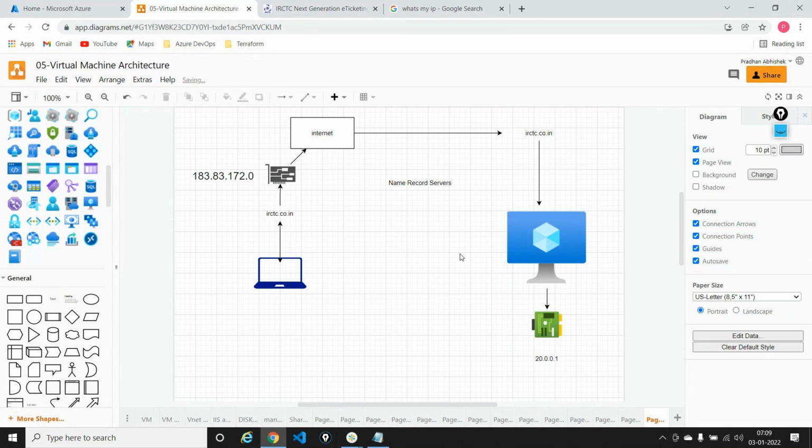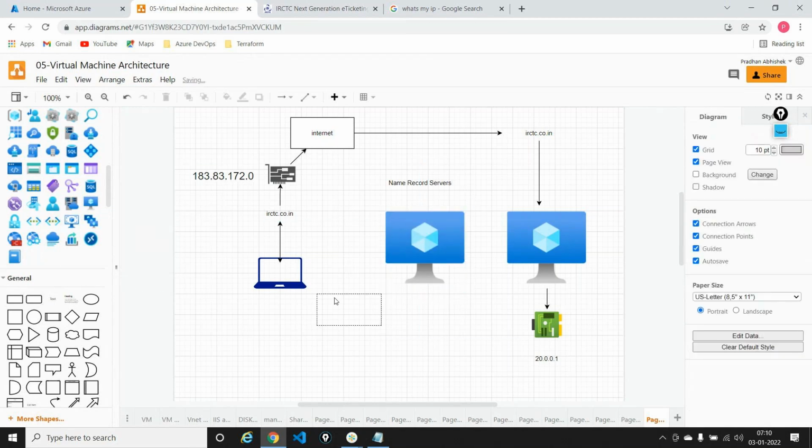So if you just try to search for a number or just try to search for a name, that's what we do on a telephone directory, right? So earlier those days we used to get big yellow books and all, using which we just search for a name and we get the number and we call that particular person, right? In the same way, imagine that name record servers are nothing but the telephone directories that are there online, not one but thousands of them. So nothing but servers